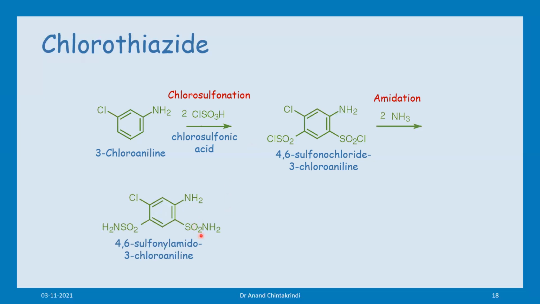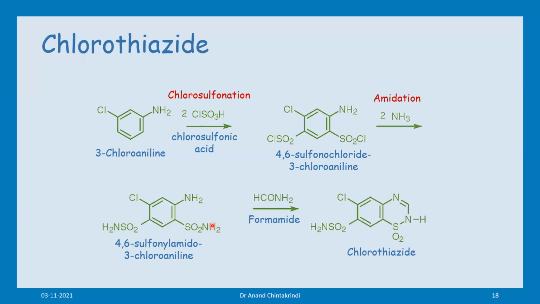So you form this sulfonamide. Next step is this cyclization using formamide. Some textbooks also mention the use of formic acid. Both can be used, formamide or formic acid. Eventually it will form this